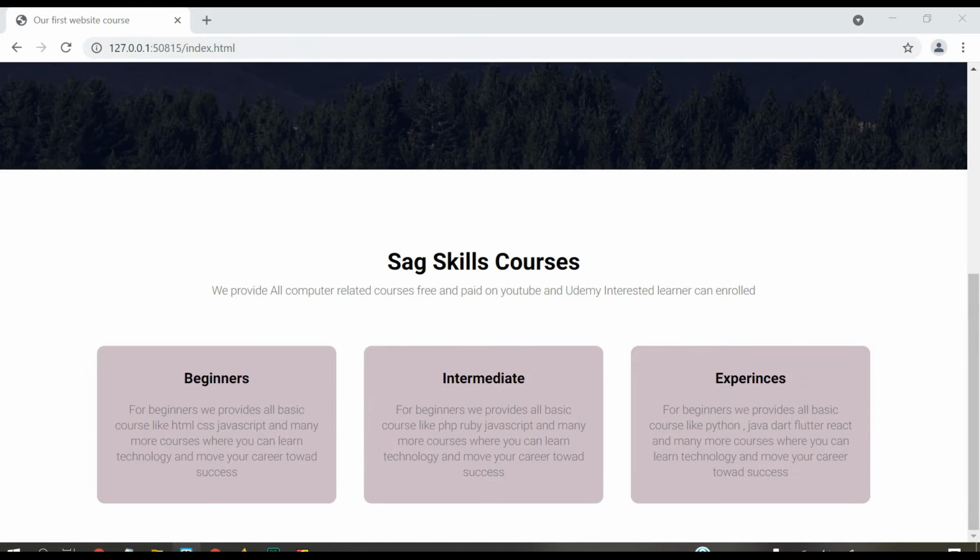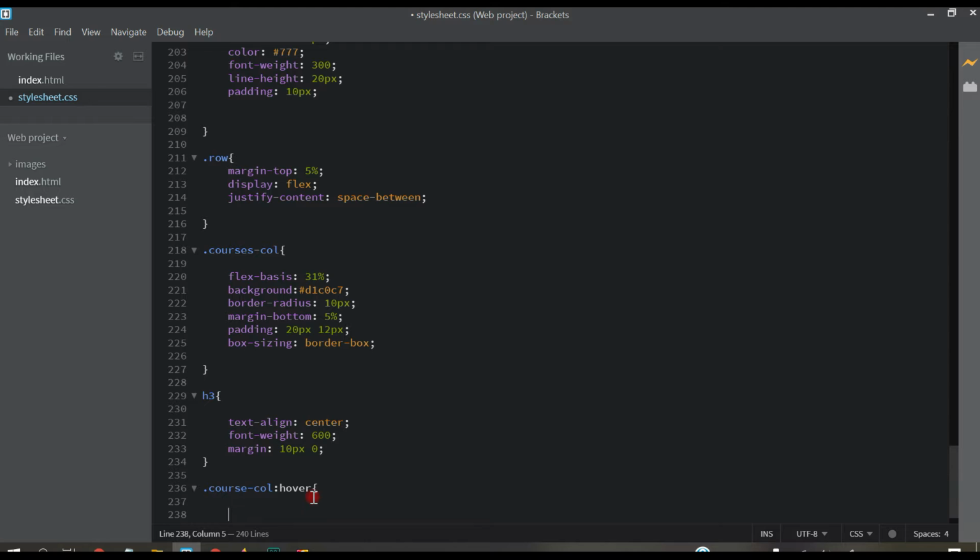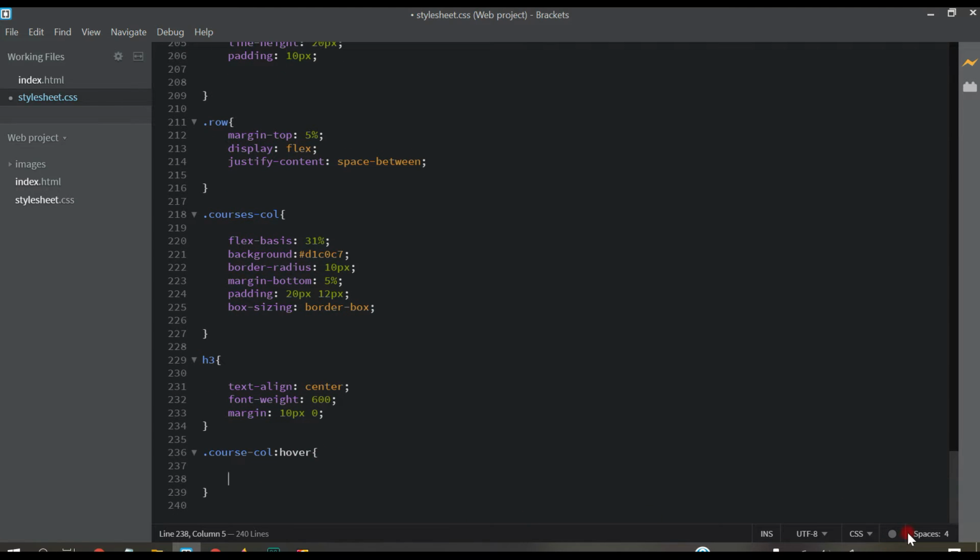Now let's come back here and copy this col, and here write courses-col, and then write hover, and right here box-shadow. This box-shadow will be 0 0 20px 0px rgba, this one.